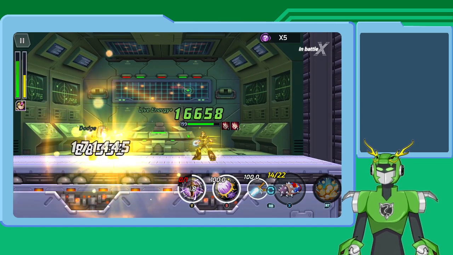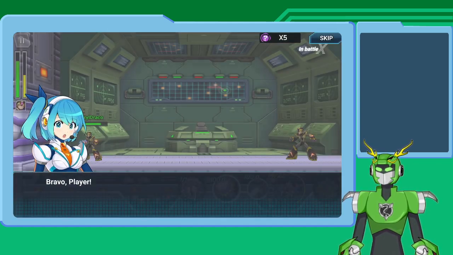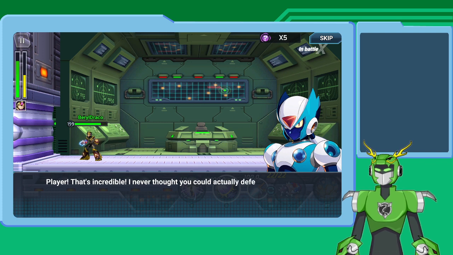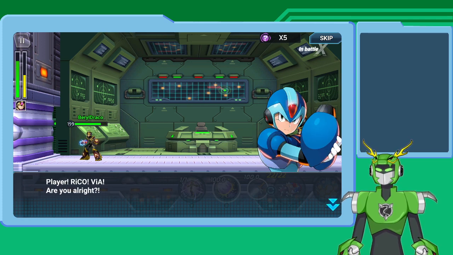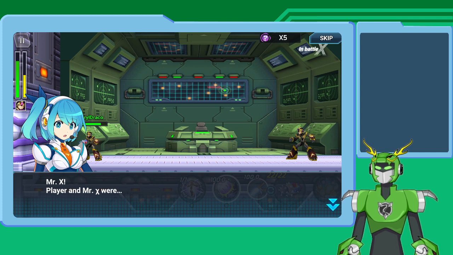Oh, that's easy. Bravo, player! I knew you could do this! Player, that's incredible! I never thought you could actually defeat Kai. Apart from X, I definitely wasn't expecting someone to be so powerful. I got careless. Player, Rico, Via, are you alright? Mr. X! Player and Mr. Kai were...